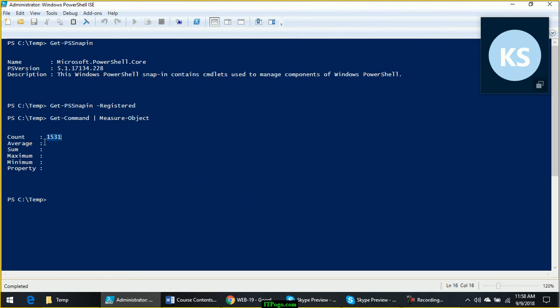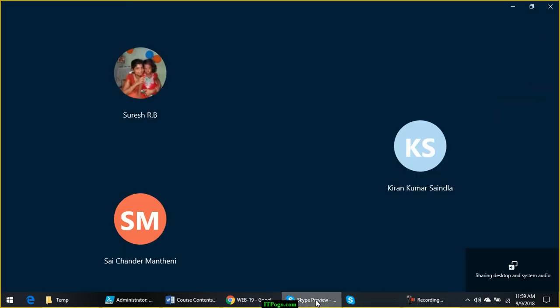It is showing you the count of the number of commands which are available on my computer. If you run this command on your computer, the number of commands will be different. You all can try this. Get-Command, pipe it to Measure-Object. And you can ping me the results in the Skype chat window. How many commands are available on your computer?